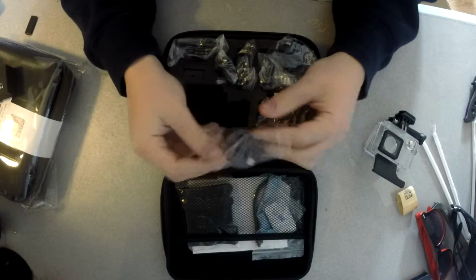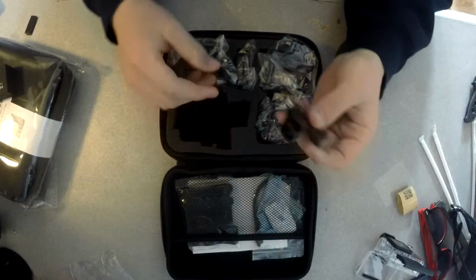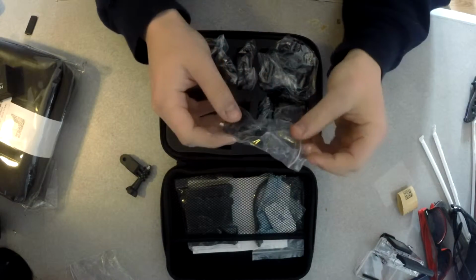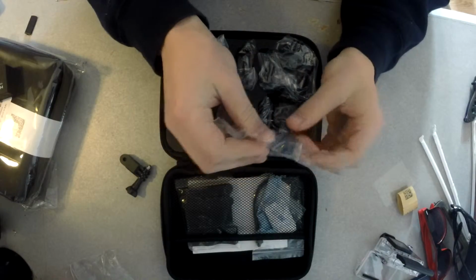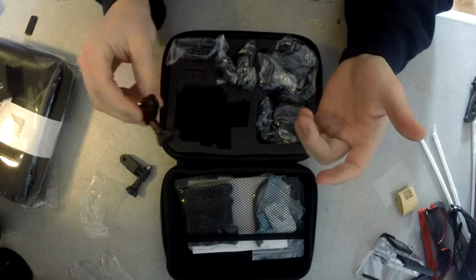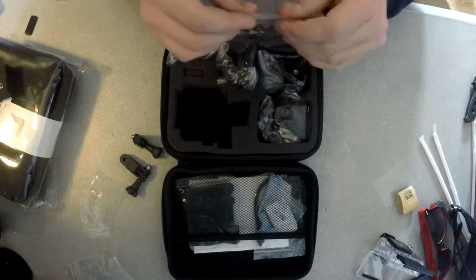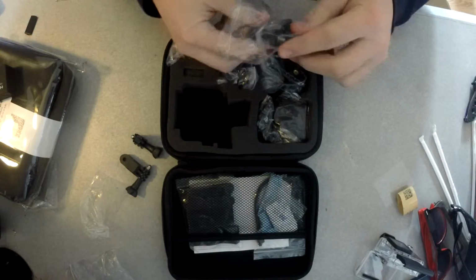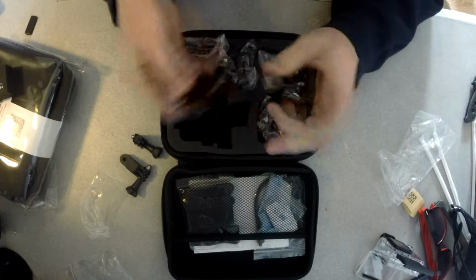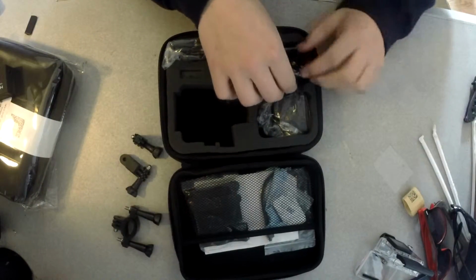Comes with a couple of these GoPro attachments where they're pretty much the exact same thing so far I'm seeing, as they pretty much look the exact same as any standard GoPro attachment. Comes with a bicycle mount, a couple more thumb screws, which is pretty cool. Throw this in the box. Comes with